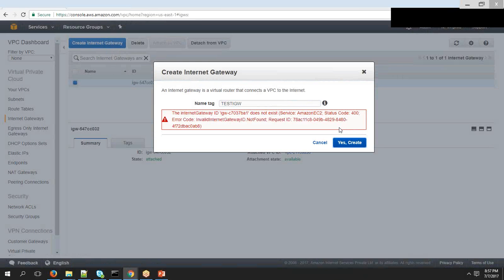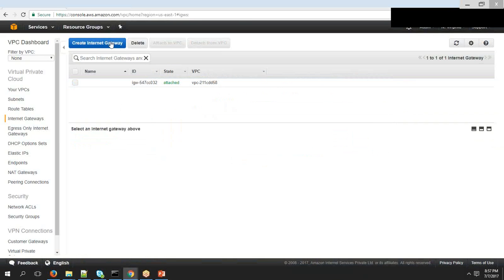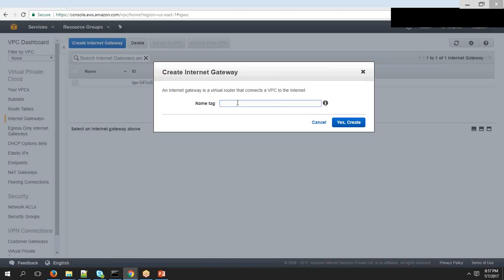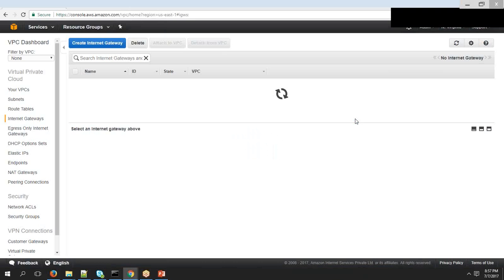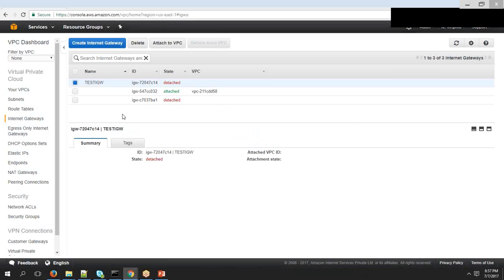Okay, we have to first create the ID and then come up here, but pretty much remove this and now create. Okay, so now it has created a new gateway, and here if you go, you can change the details